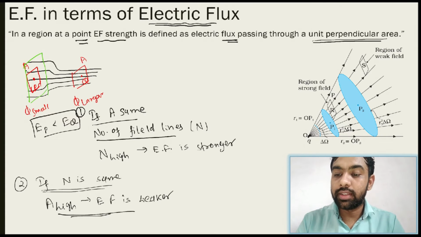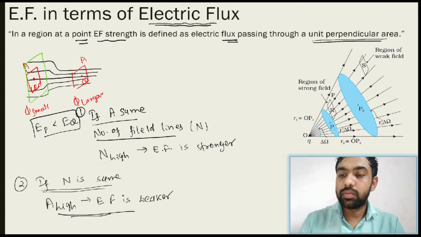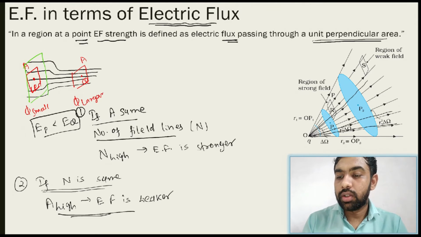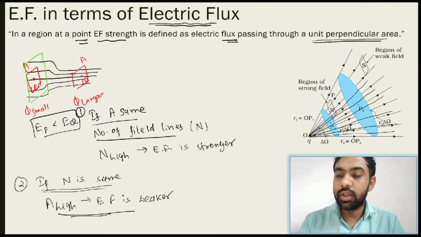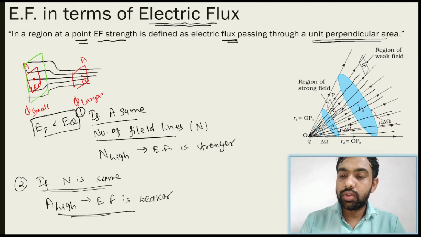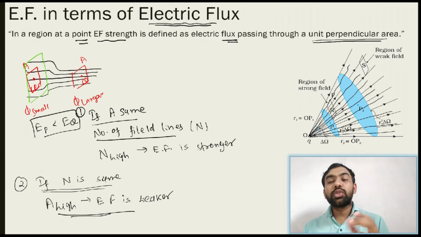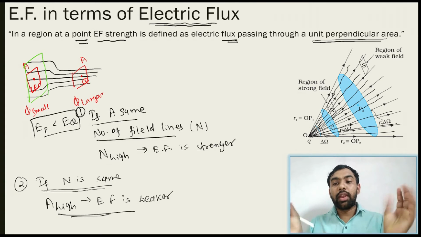I am just drawing another line. Suppose here, see. This is actually a three-dimensional picture. Consider this one, it means a number of field lines are passed through here in such a way. So it is actually a three-dimensional picture. So if you consider any point charge, then everywhere the field lines are present.